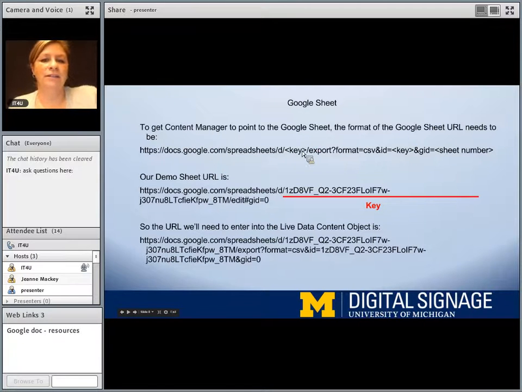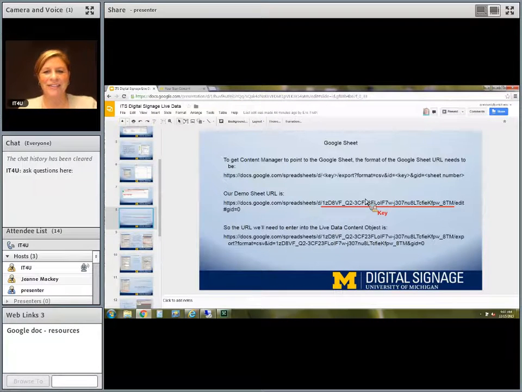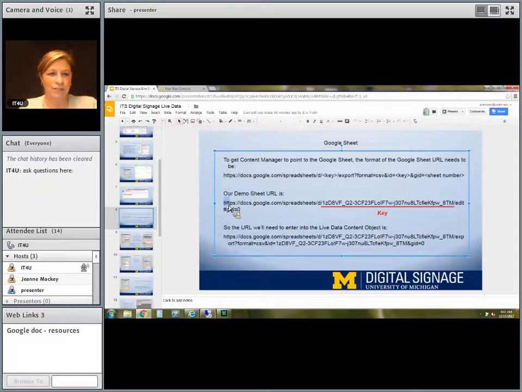So this is where it gets a little tricky, and it looks like something has moved on my presentation here. Bear with me. But ultimately, this URL up here at the top, sorry, it's early. So the URL is basically docs.google.com spreadsheets, but where it says key, that's actually where I'm going to put the key from our Google spreadsheet. So I tried to underline that, and I think maybe if I get out of the present, there it goes. Now it looks a little better, but ultimately that's what we're considering the key.